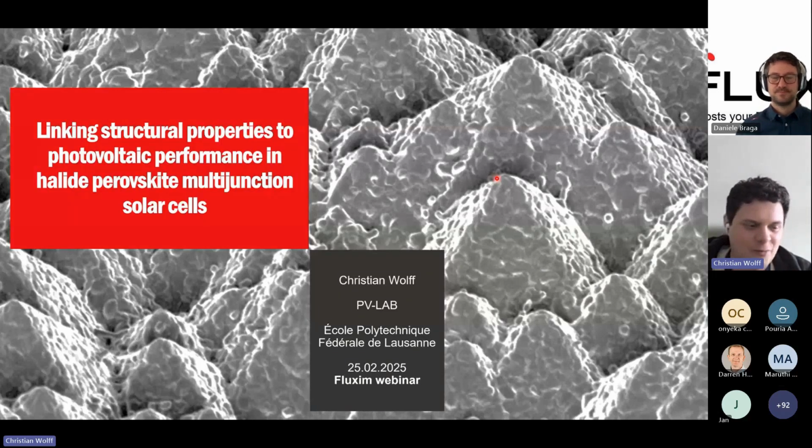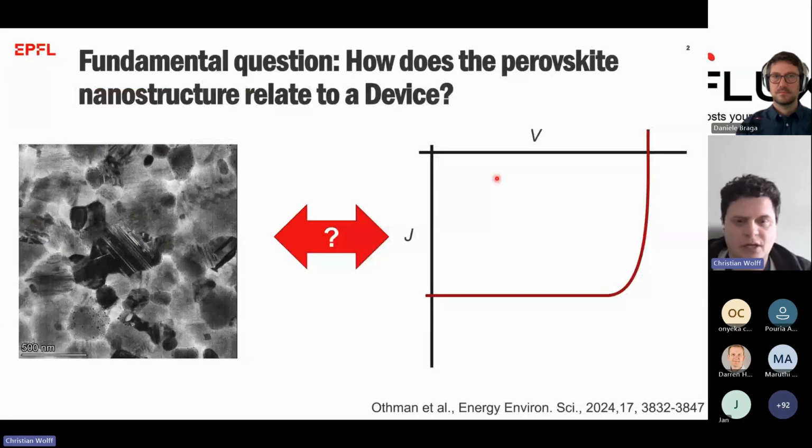As mentioned, I want to talk about how the structure of materials, in particular perovskite in this case, impacts the way the performance of a perovskite-based multi-junction solar cell rolls out. In essence, what we want to do here is, in the beginning, simply take a look at two things that are maybe obviously, but maybe not so obviously, interrelated. Namely, really at the nanoscale, here on the left side, you can see a high resolution electron microscopy image of a perovskite polycrystalline film with different features. So you may have these gray blobs here, then